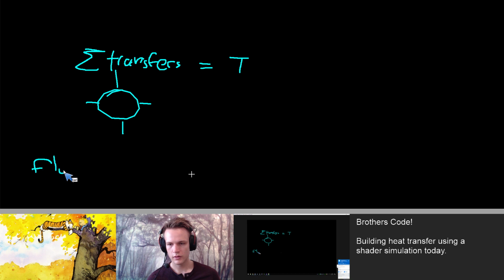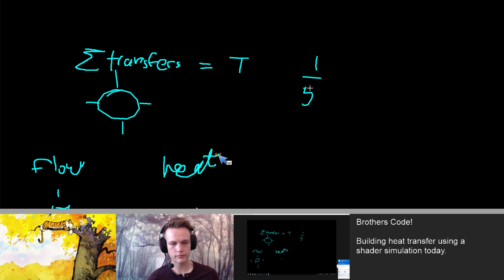this looked like your box, and then you had one, one, one, and one, because you could flow in each direction. Sometimes one of these was zero, right? But in any case, it didn't dynamically adjust for that. So now we need to dynamically adjust for that, because we need to know how much can flow in any given direction. So for heat, it would be 1/5 times some stuff, and so the maximum here is 1.